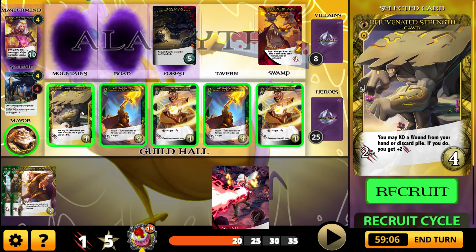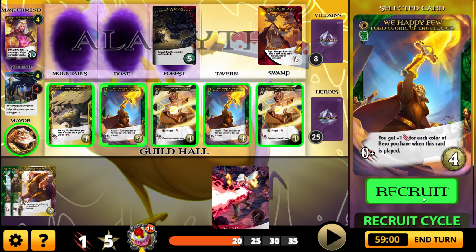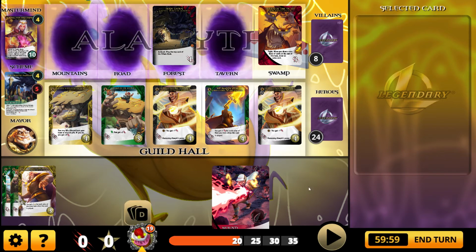Do I go one more Rejuvenated Strength or Power Stone Amulet? I think I'll go a Power... No, I'll do a We Happy Few because that's Strength. I was debating between that and Power Stone Amulet, but I think that this one is probably a smarter choice for me. Another Power of...